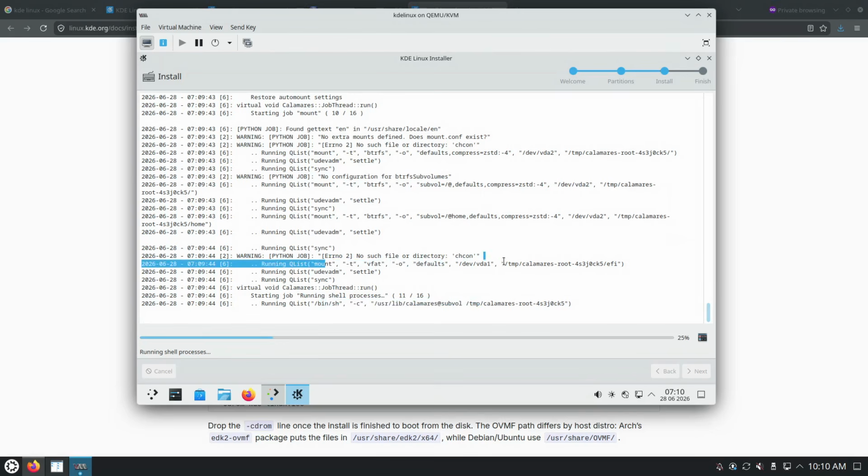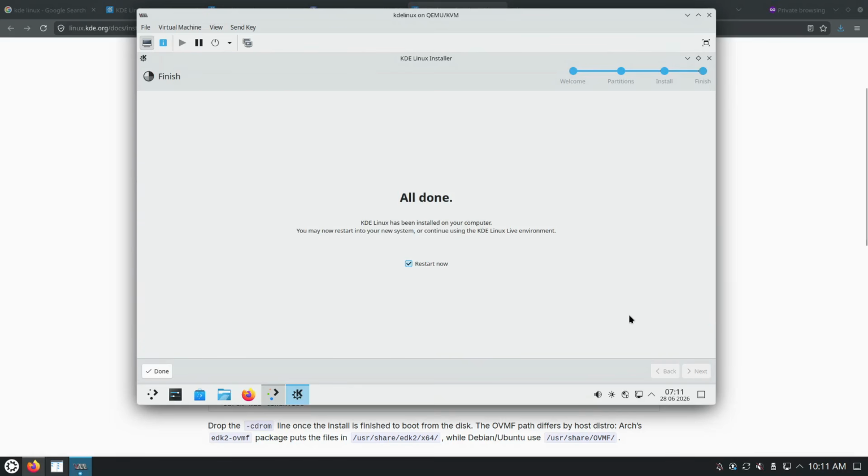In here we can see how the EFI partition VFAT is being mounted. BTRFS mounts. It has written the bootloader, so an extremely fast installer. And now we could reboot the computer,